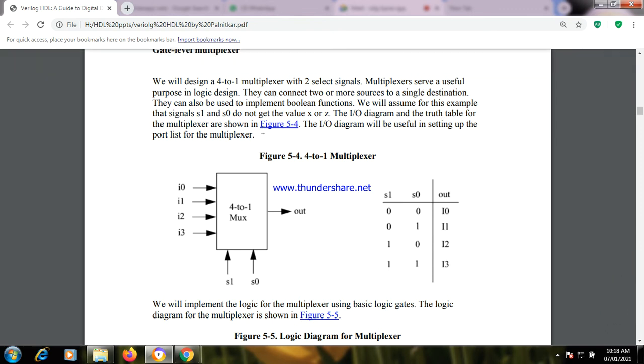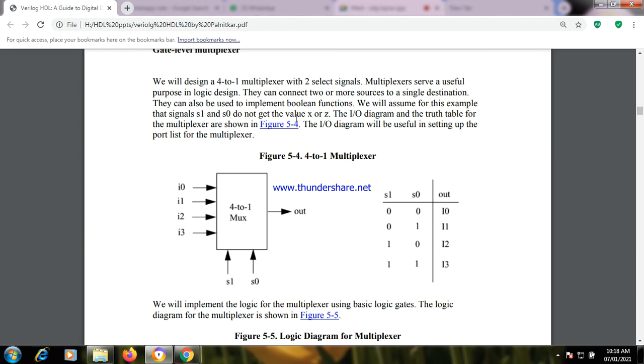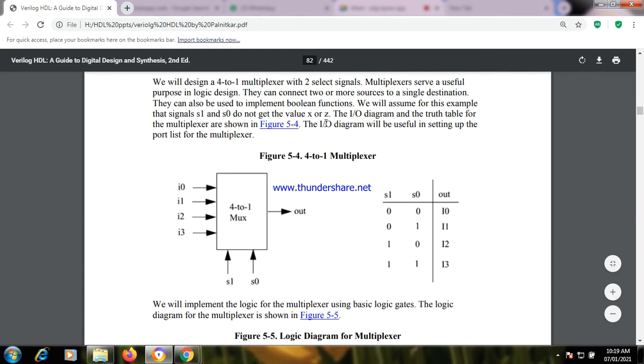In this example, as he is mentioning, S1 and S0 are the two select lines, and also we are checking for X or Z. We will assume for this example that the signals S1 and S0 do not get the values X or Z. So for select lines we can show only 4 iterations, excluding the don't care condition and high impedance condition.